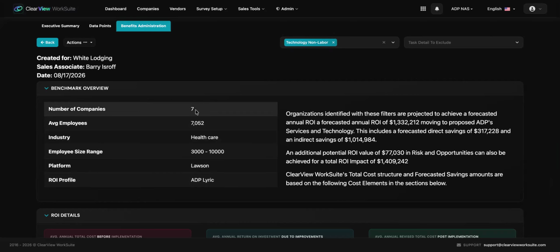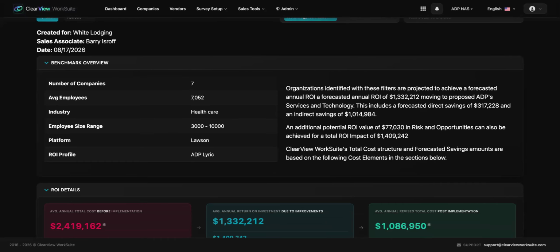In the 7 cases that we've been able to do that, there has been a forecasted annual ROI of about $1.3 million. And this includes direct of about 317 thousand and an indirect of $1.014 million. In addition to that, there is about 77,000 in risk and opportunity for a total ROI impact of about $1.4